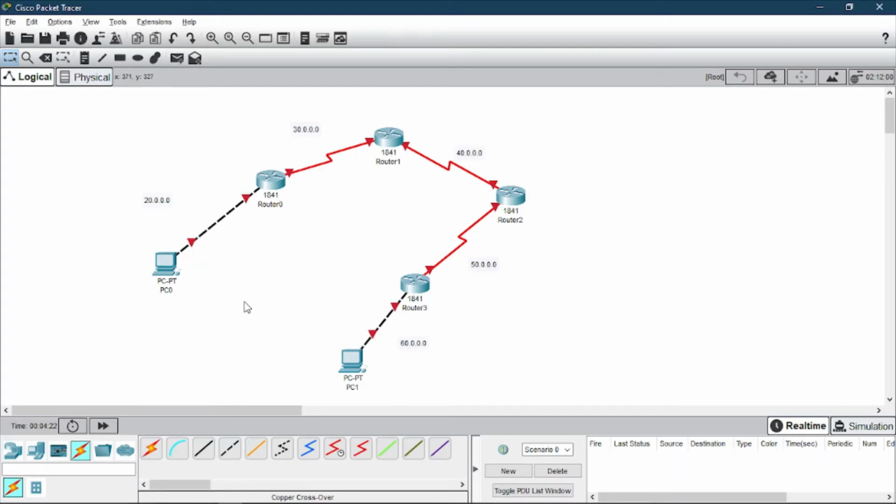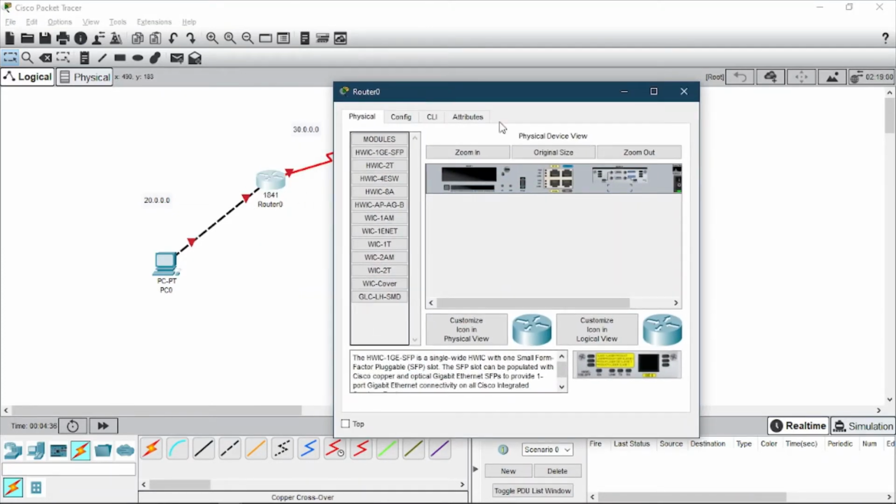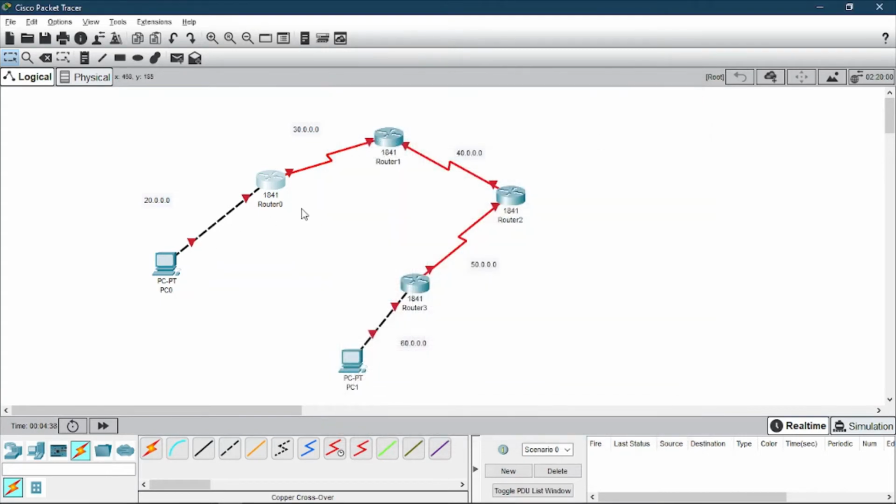Now, let's see the configuration. The address of the router should be the default gateway of PC0. Then only the packet will transfer from PC0 to router 0 and be configured correctly. In router 0, if you don't know the ports which you have connected, place the cursor on the cable so that you can see FastEthernet 0/0. That port of router 0 is connected to the copper crossover cable, and in PC0 the FastEthernet 0 port is connected to the copper crossover cable.